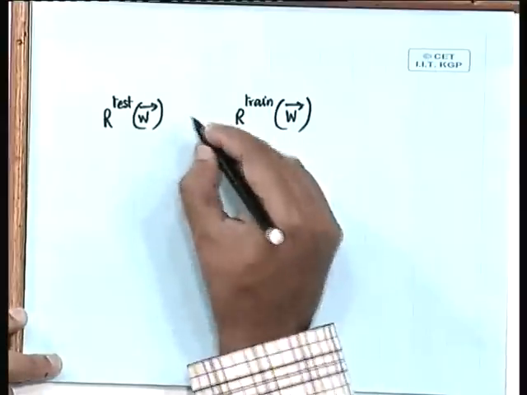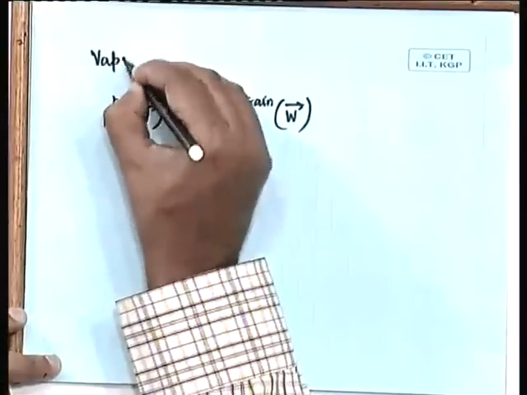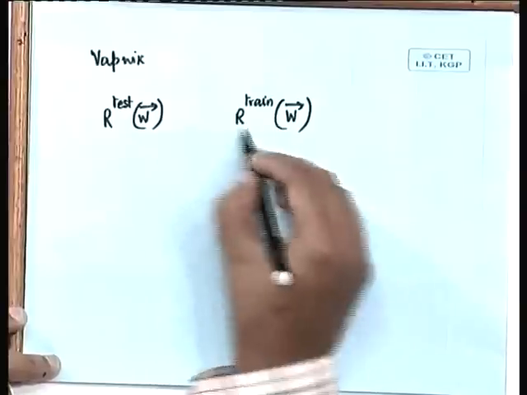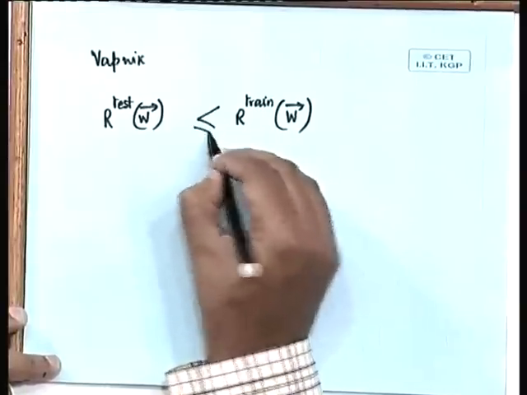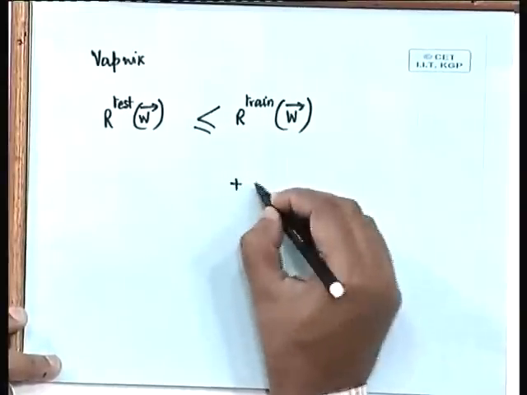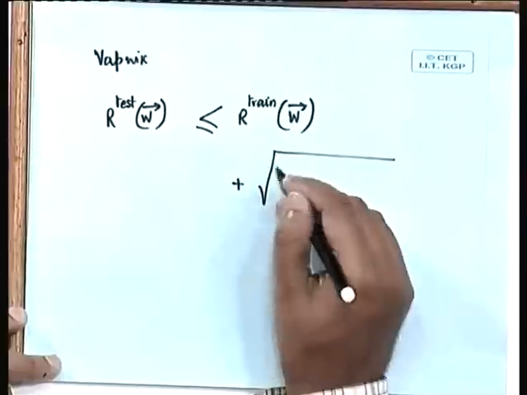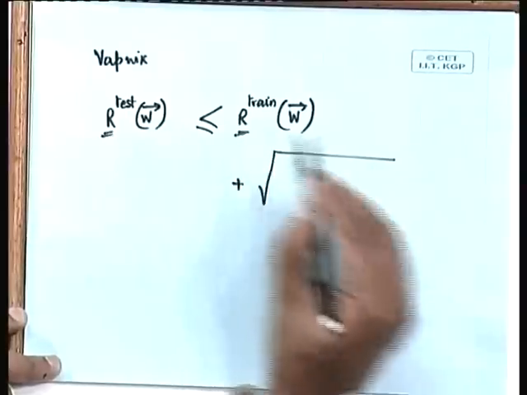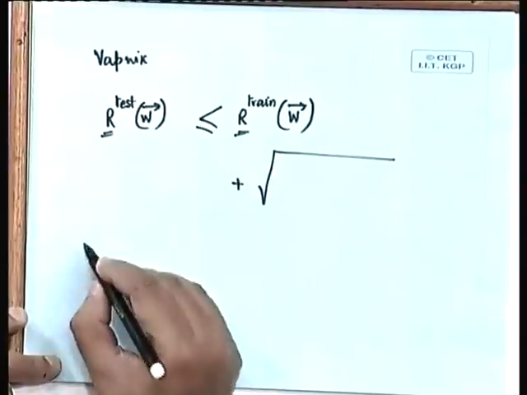In fact, the relation that Vapnik had pointed out is that R test of W should be less than or equal to the square root of, in fact, because I am using R over here, I do not want to use